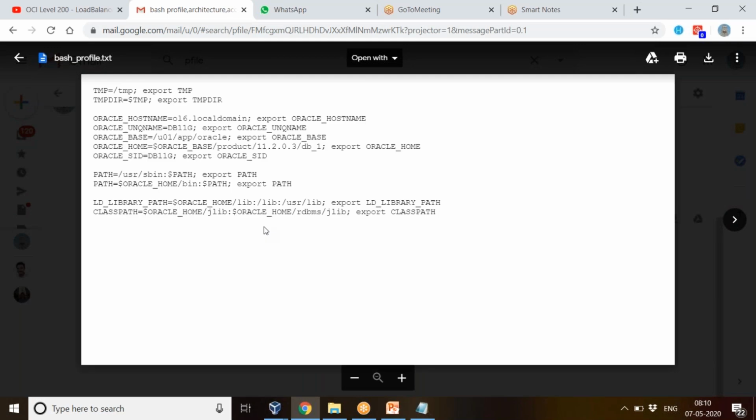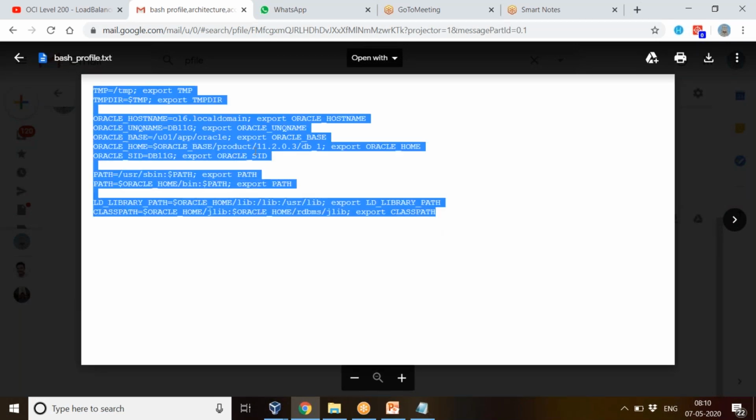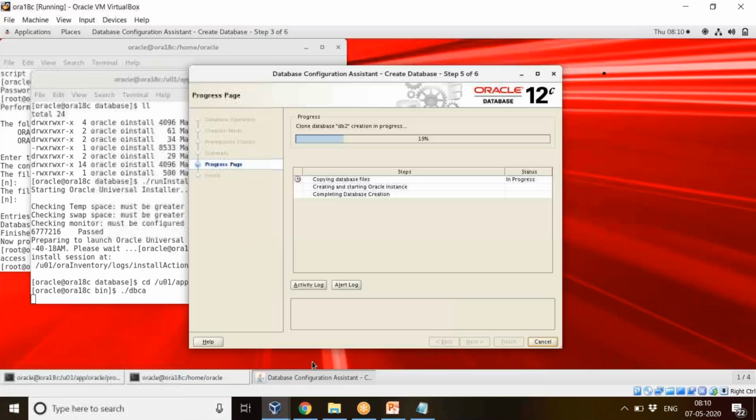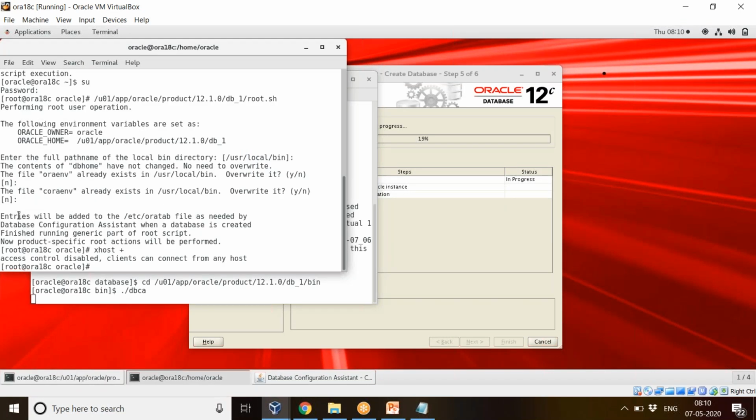So this is our bash profile, which is used to store our environment variables. Fine. So I'll go as Oracle user.